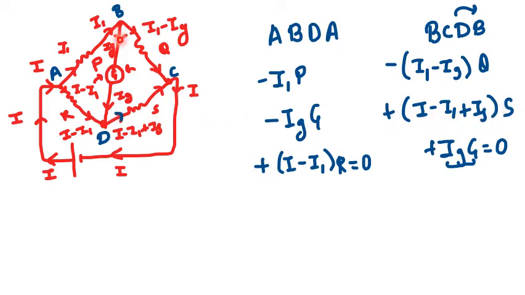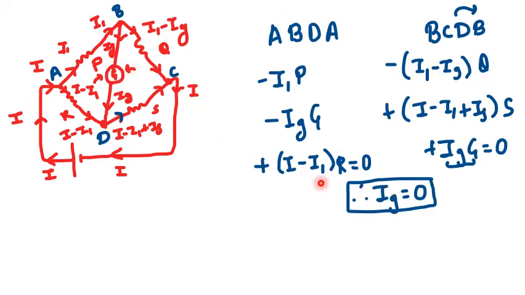Then from D to B, same. The direction of your motion is from D to B, current is from B to D. So we'll write plus Ig into G, and total change in potential is 0. So we have two equations now. This circuit will be called a Wheatstone bridge when current in galvanometer is 0. So we have to find out the condition when current in galvanometer is equal to 0.